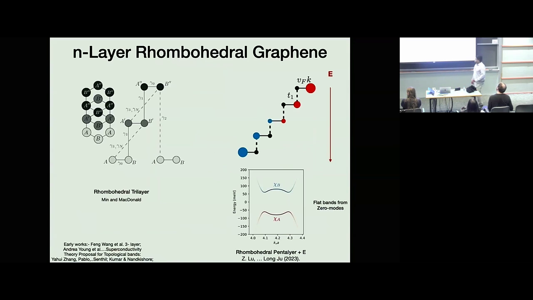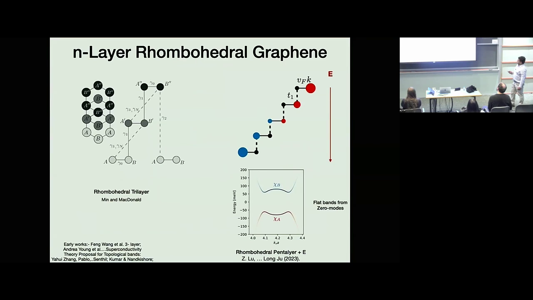Okay, so first, very quickly, let me tell you about rhombohedral graphene. This is the structure of rhombohedral graphene. We think of N sheets of graphene stacked on top of each other, but in this rhombohedral fashion, where you take one layer and you slide the next layer and put it on top of it. The third layer slides again and goes on top, so that you end up with this kind of stacking. The A of one layer is above the B sublattice of the second layer, and so on.